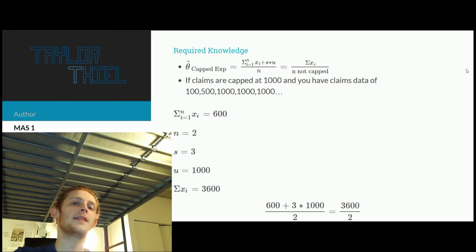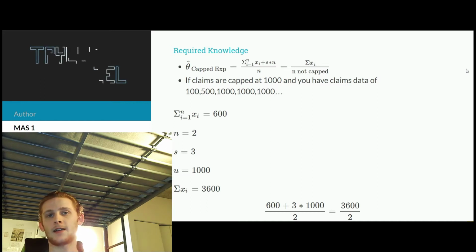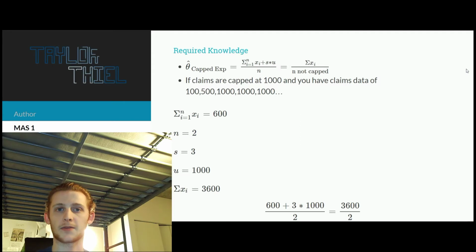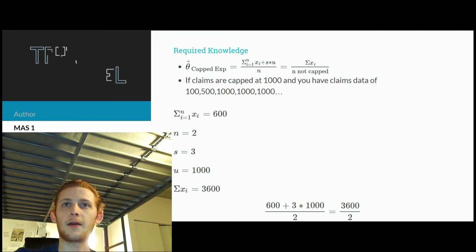So if you limited the amount of information you had to just how much the insurance company paid out, what would then be your estimate for theta of the exponential distribution, that is the raw loss amounts? That is taking into consideration losses that exceed what is paid out by the insurance company. So for that, we need to know